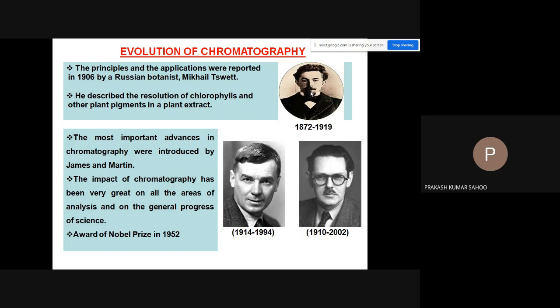Here the calcium carbonate is the static phase, and the plant extract, in liquid phase, is the mobile phase, while calcium carbonate is the solid static phase. So he observed the pigments separated into various segments, and he reported this phenomenon,